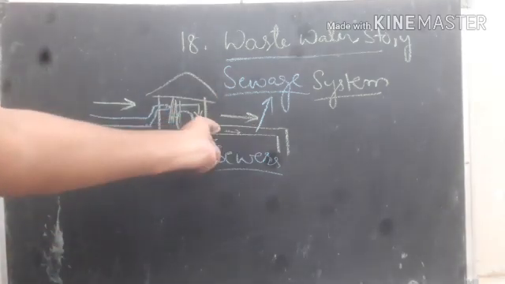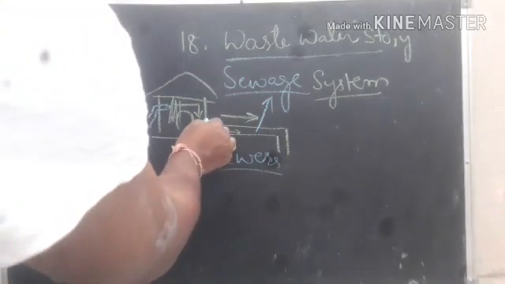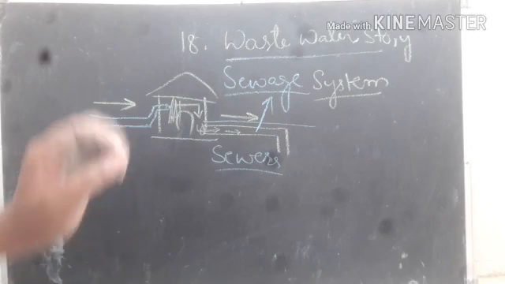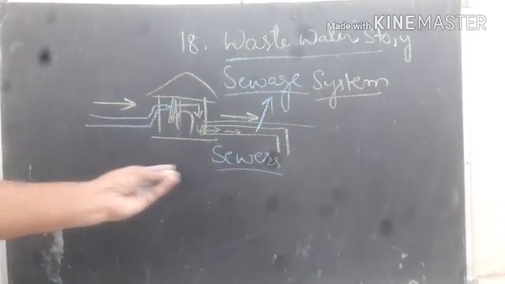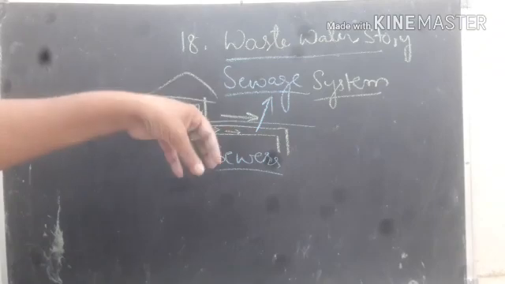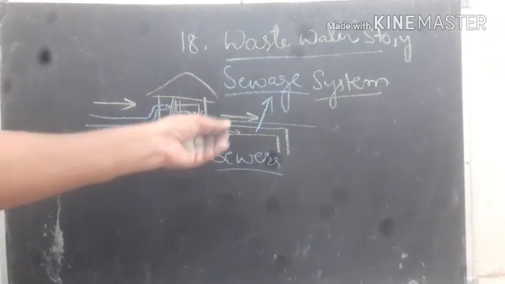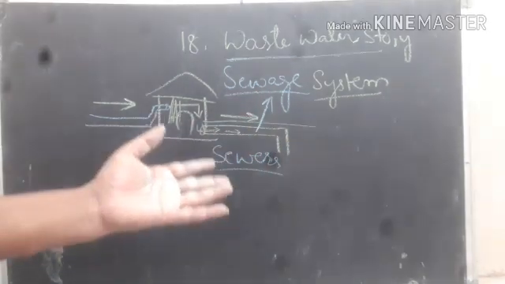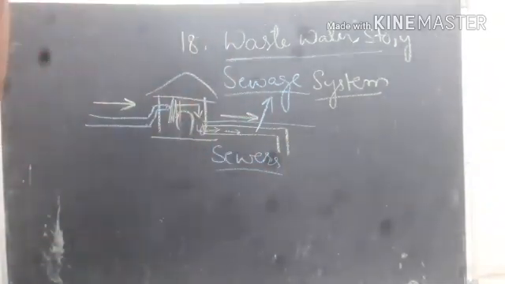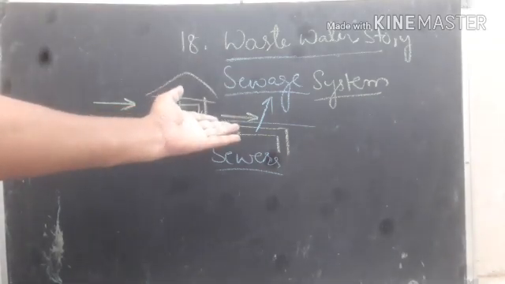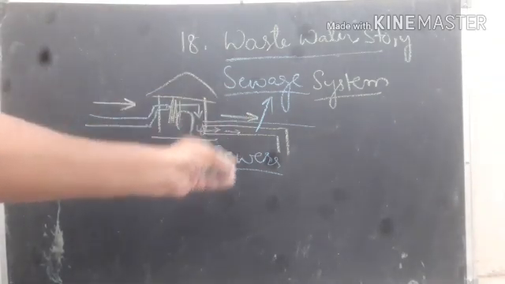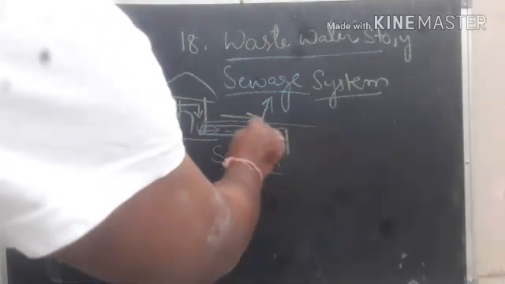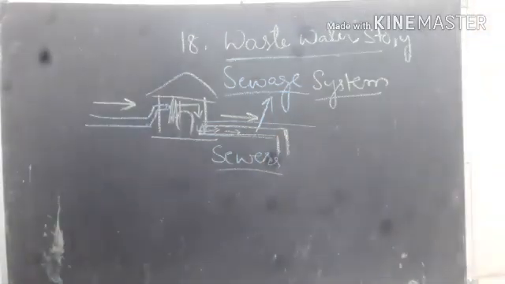This is only for one house, and these pipelines may appear outside or they may be arranged underground. An underground pipe which carries away the dirt, drainage water, or waste matter produced in the house is called a sewer. The sewer is present either underneath or in an open area. If it is present underneath, it is called ground sewage or ground drainage.